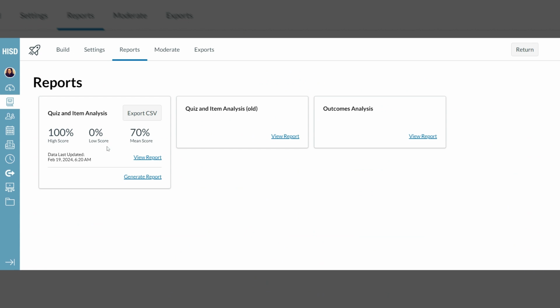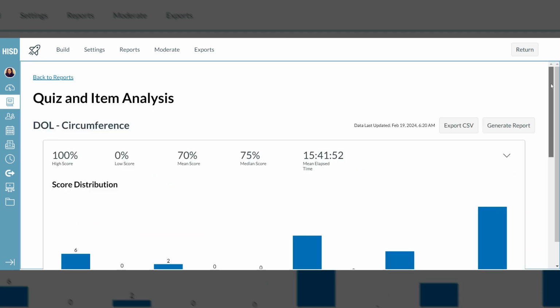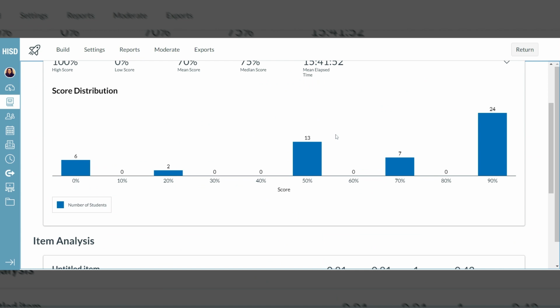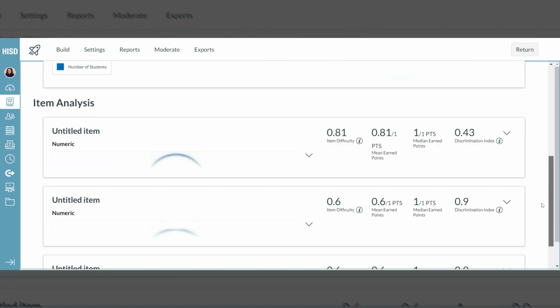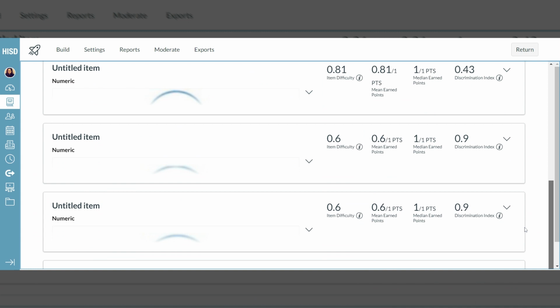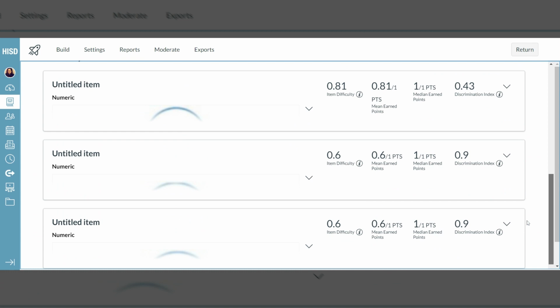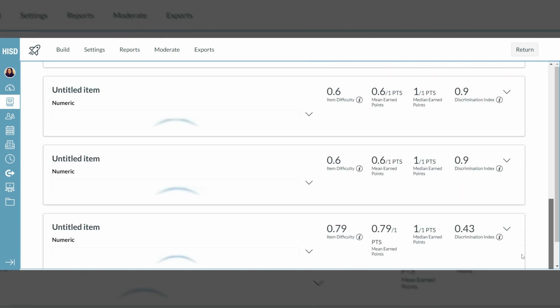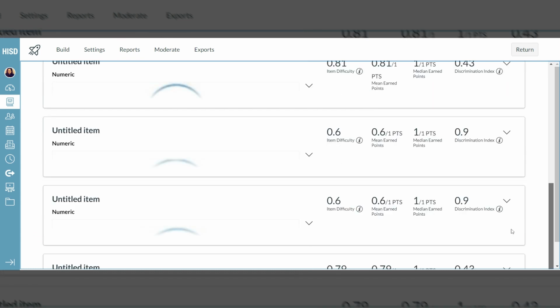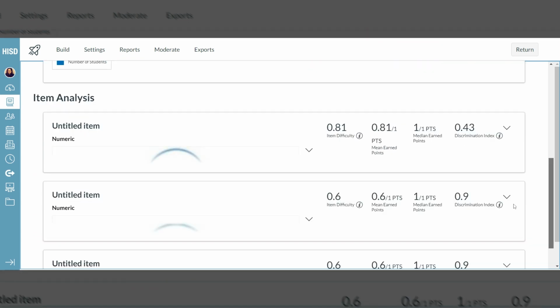With the quiz analysis, the new one, if you view it, you can see actual numbers at the top of how many kids are scoring what. So I had 6 that got 0, 2 got a 20, 13 that got a 50, 7 that got a 70, and 24 that got a 90 or more. It also breaks down the difficulty. Obviously the questions that involved calculating circumference with diameter were a little more difficult for them than the two that were